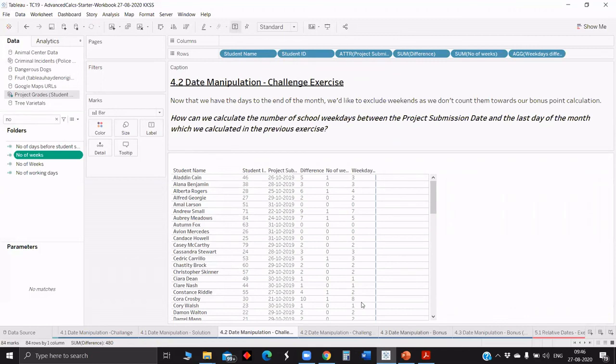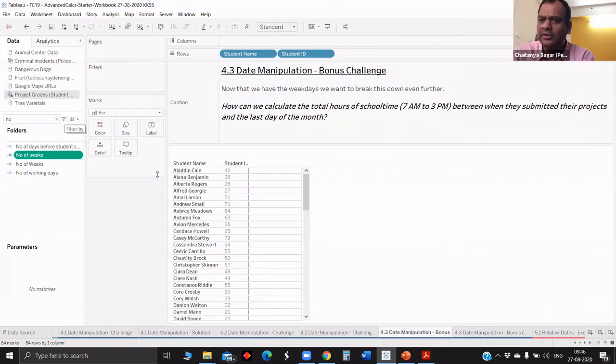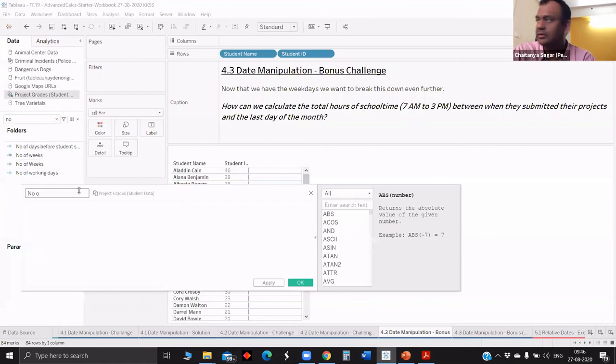Create calculated field. Okay, what's the question? Bonus one? A bonus one, like earlier we calculated the weekdays, and now here we are supposed to calculate only the total hours of school time. So from weekdays we have to just calculate the school time, how much it is. They are saying 7 a.m. to 3 p.m., that is 8 hours. So number of weekdays into 8 will give us the number of total hours of school time.